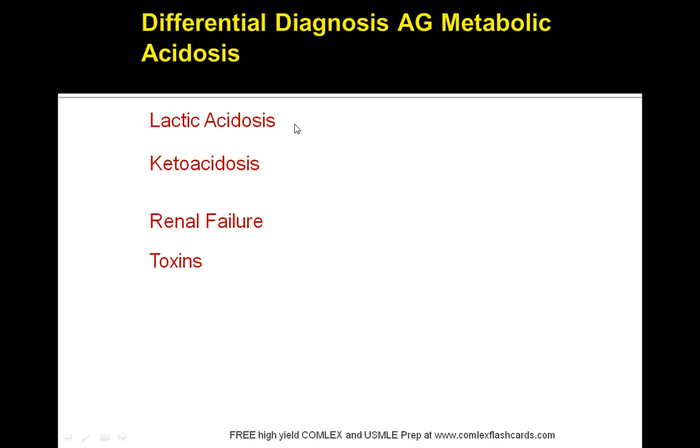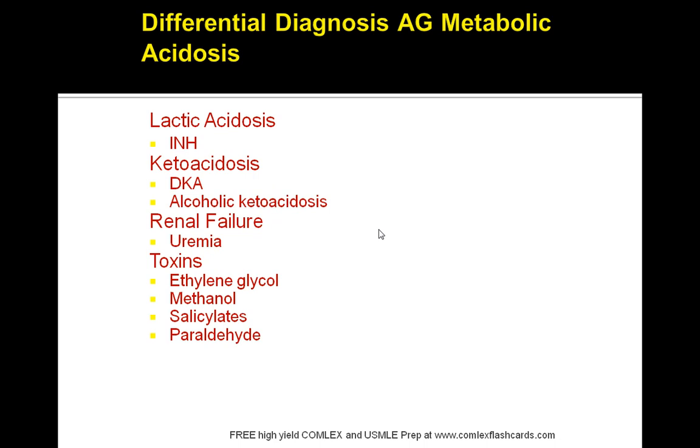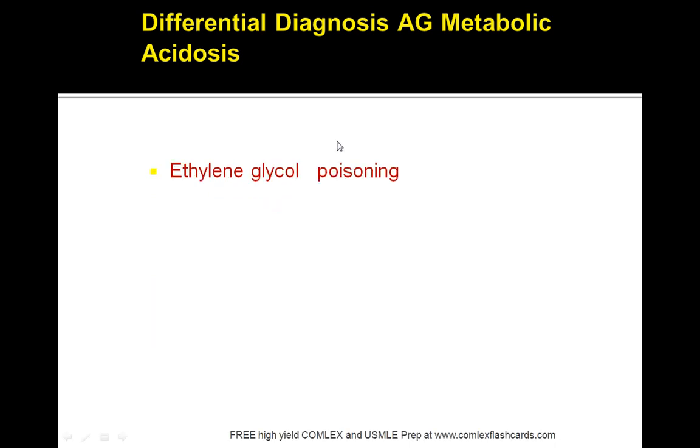Also, these are some of the other causes that you should always keep in mind: lactic acidosis, ketoacidosis, renal failure, and toxins. And here's how you can differentiate each of these. You can look at the toxins, you can look at renal failure, you can look at ketoacidosis, or you can look at lactic acidosis based on INH therapy. Again, if none of those are true, then you can look at ethylene glycol poisoning, which would have a